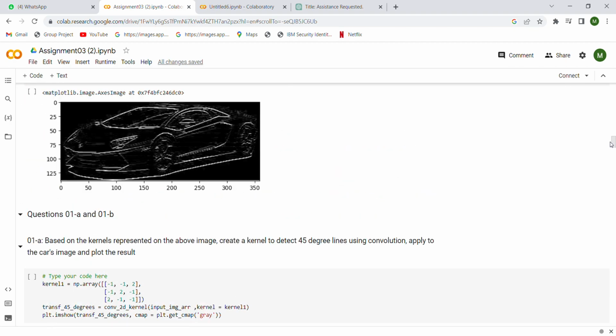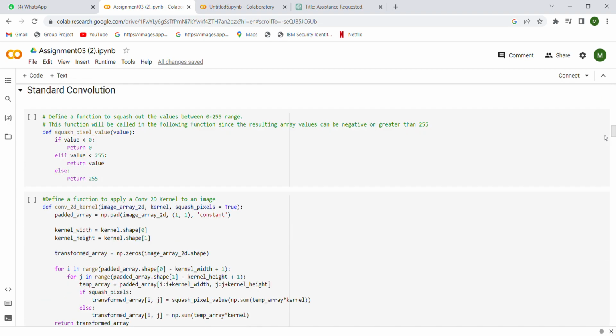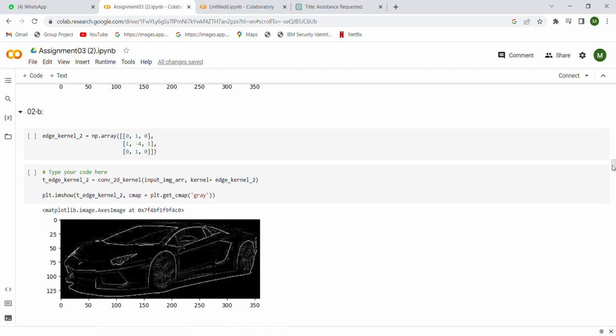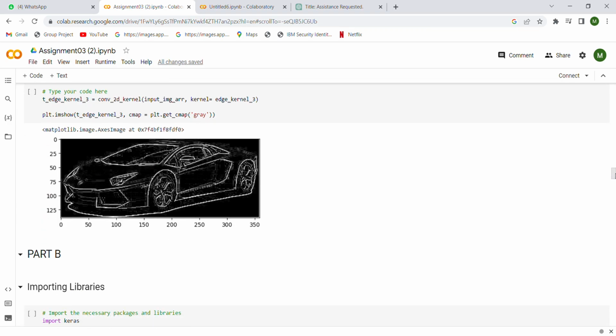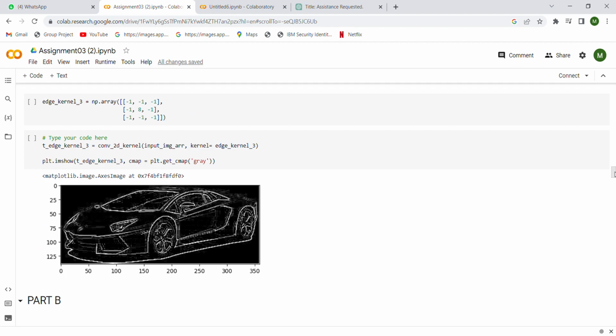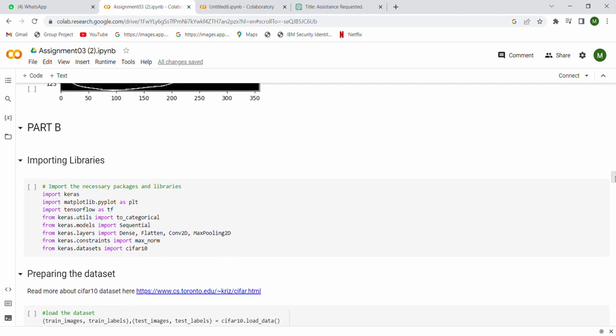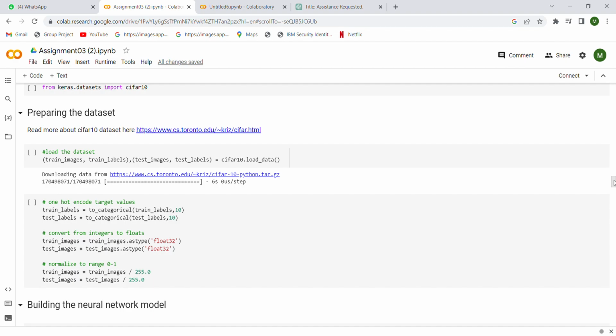And the upper ones, as you can see over here, it's a detailed image of that. After that, moving on to part B, importing libraries. In this also we have to import all the libraries as per what is given in the assignment. After that, we loaded the dataset, as you can see over here,